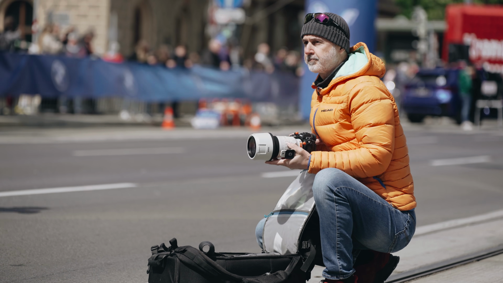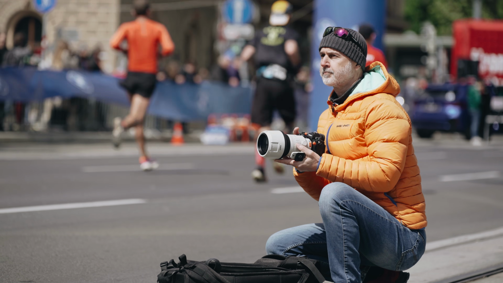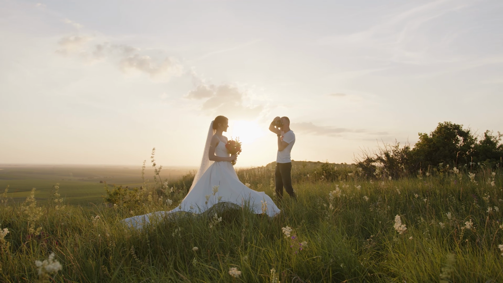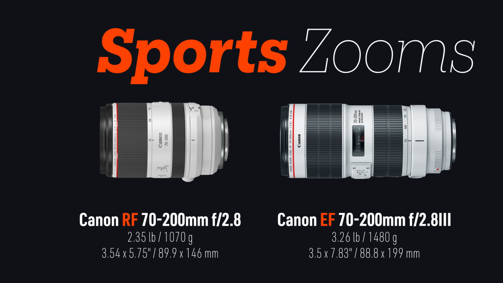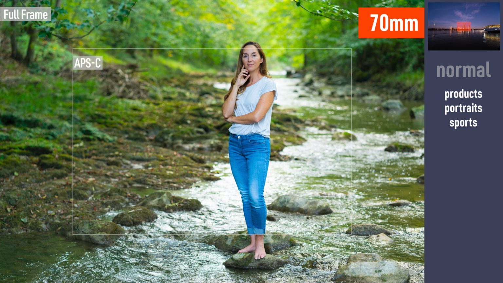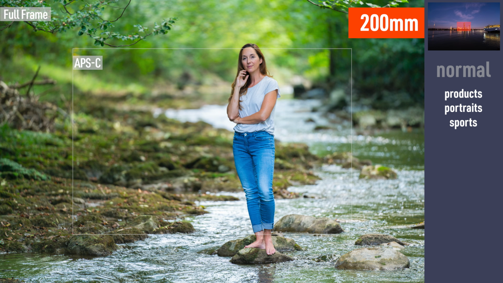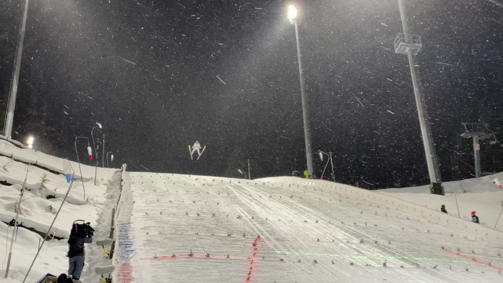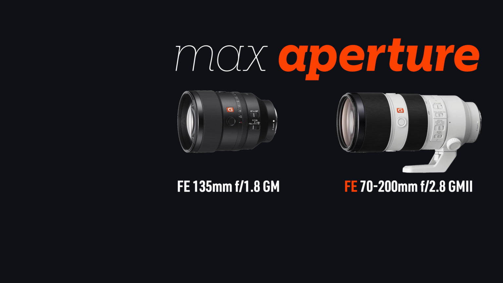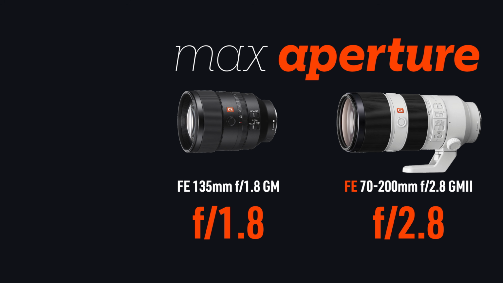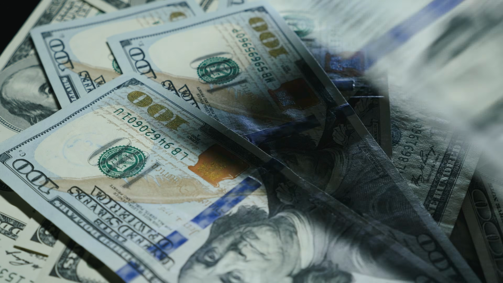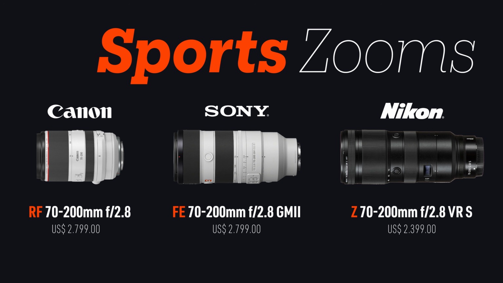The f2.8 version of these lenses is in the bag of almost any sports photographer, but also a favorite of most wedding photographers. It's a very versatile lens, and the latest iterations have become a lot lighter and smaller than the old ones. At f2.8 they offer comparatively good background blur and let quite a bit of light into the camera, which again is good in low light situations, even though they cannot compete with prime lenses in this regard. The big downside of these professional lenses is the price. Many of the new ones cost around $3,000.